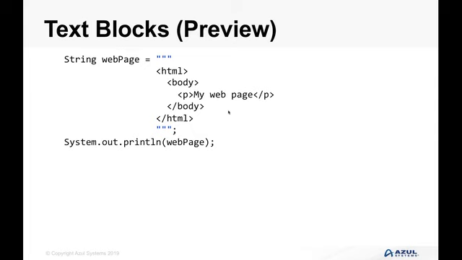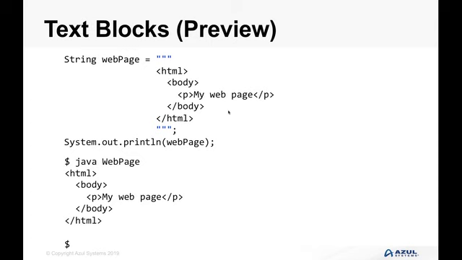We could escape 1, 2, or 3 of them, but we must escape at least the first one. So that allows us to do something like this, where we can have some HTML code and we can put that in and we can see, okay, it's indented and everything, so this is all good. If we print that out using our print line statement, what we'll actually see, this is aligned with the left-hand margin. So the space that we've used to indent the string has been removed,